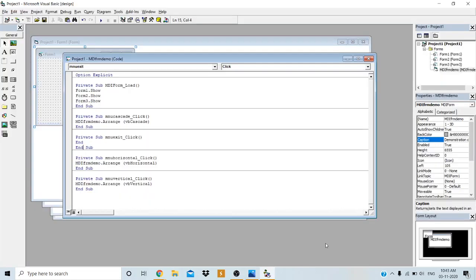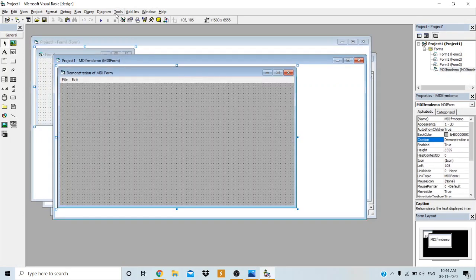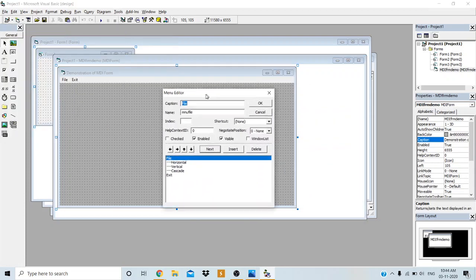So after the four diagrams, form 1, form 2, form 3 and form 4 in the single page, draw them very neatly, in smaller diagrams. Then you have to draw the menu editor diagram, the dialog box. This menu editor dialog box. That is this one. You have to draw this menu editor dialog box.